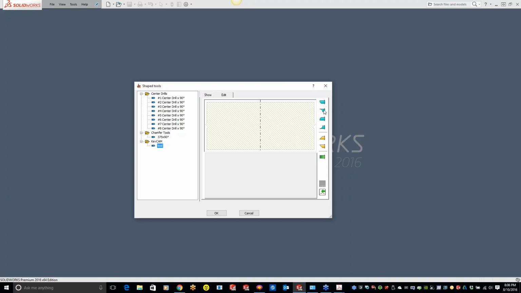For a radius tool, we can just click on the radius right there and put our parameters in. If we want a 1/8 inch radius, the bottom diameter is, let's say, 0.25. The top diameter will automatically fill out for us. Then we have our basic shape. Now we just need to add a shank to that, so we click on the shank feature.